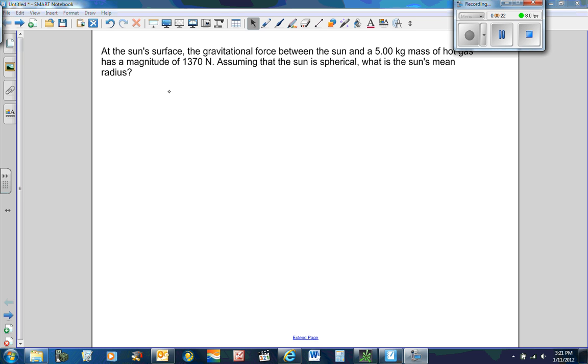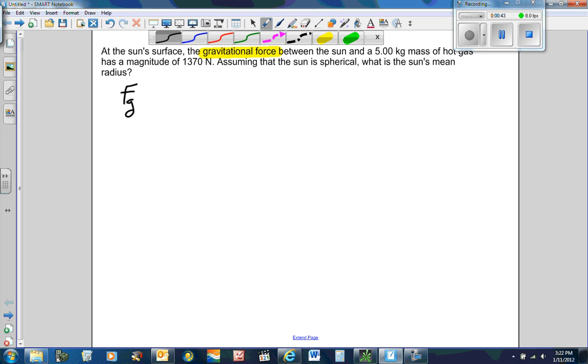Now, a lot of people are getting the equation on this mixed up. I think the key words here are gravitational force. That tells me that the equation for this is F_G, the force of gravity, which we normally find by just saying mass times g. But when you're far away from the Earth or on someplace else, then you have to use this other form